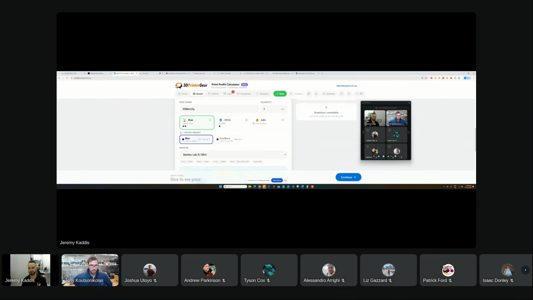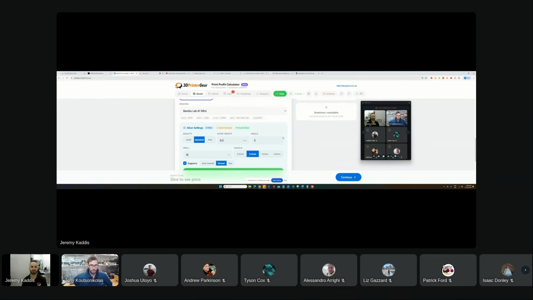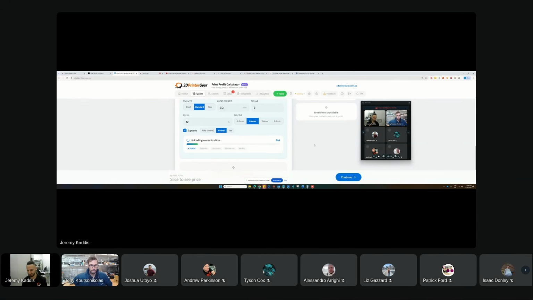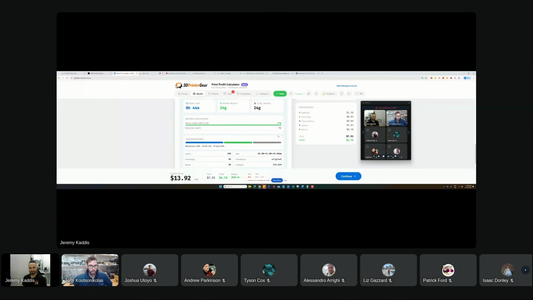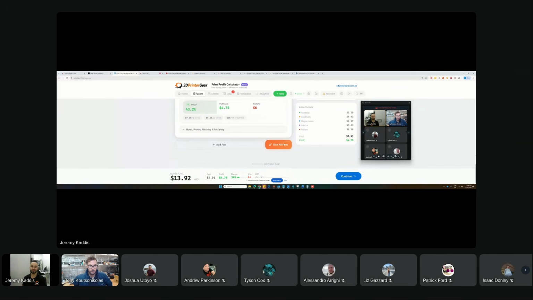I can choose the specific materials. I can choose my printer. I can slice it, so it would give me the exact weight, time, support material usage, flushing volume, and all this information. It'll show me where it's getting broken down. It gives me a price.